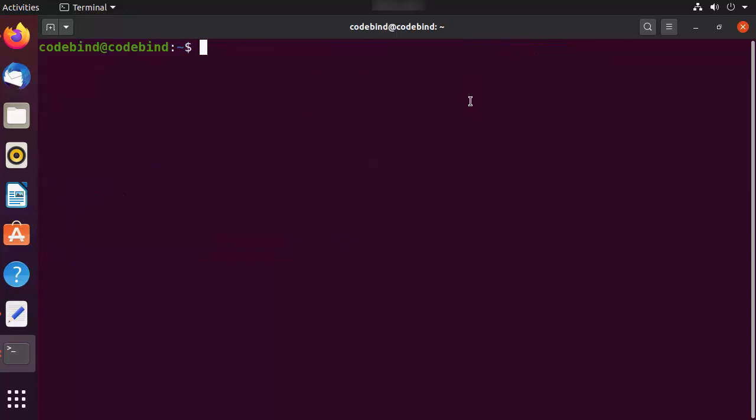So now let's develop a very simple Java program and see if everything is working in terms of compilation and execution of the program. So for that, let's say I'm in my home folder. You can just cd to the folder where you want to create your project. So I'm going to just create a directory called, let's say, work.